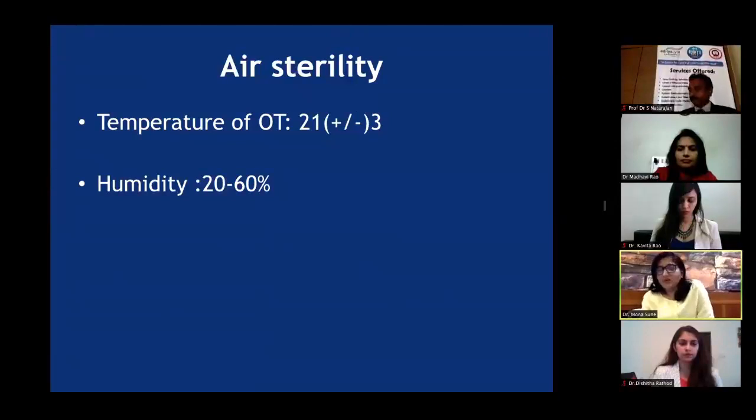I think the most important thing in maintaining the sterility of air is the air handling units, and maintaining the temperature and the humidity. Now, these are the standard guidelines for temperature and humidity. And to be very honest, nobody knows how COVID-19 will behave as far as temperature and humidity are concerned. Otherwise, there shouldn't have been a rise in cases in our Vidarbha, as the temperature had gone above 40 degrees centigrade. The temperature of 21 degrees centigrade plus or minus 3 degrees, and humidity between 20 to 60%,